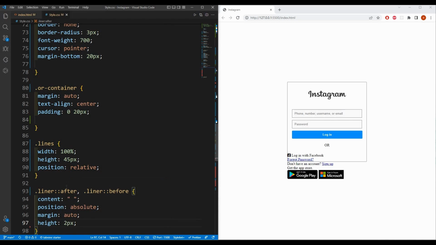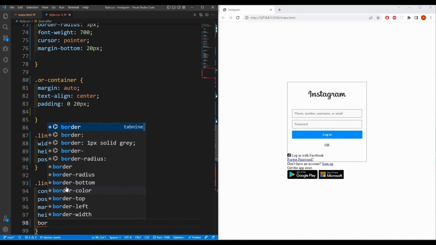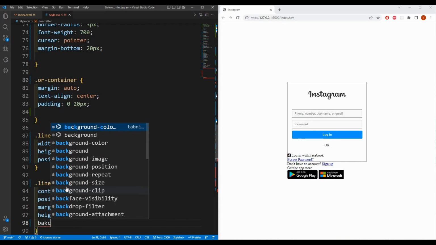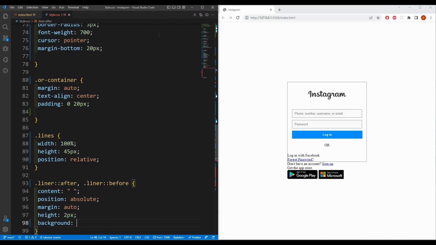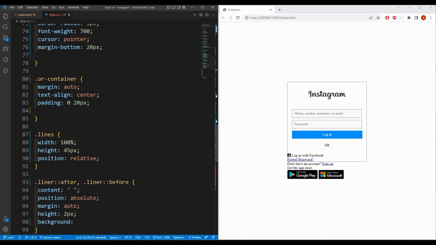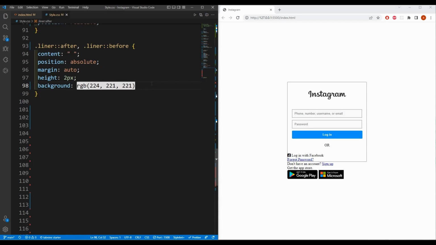The height of the line is going to be 2 pixel, and then background, the color of the line is going to be this one. Let me select the RGB. This one, and we are going to select the width 45% and top